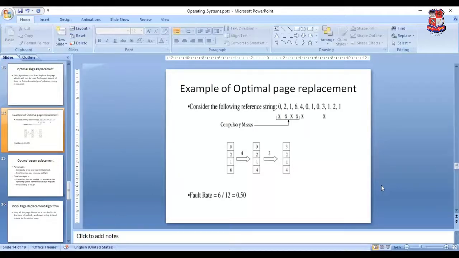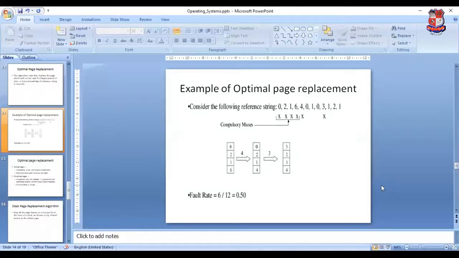First 4 is clear. Now request of 4. Okay. So at which place we put the 4 here? So we first analyze the page frame. 0, 0 अभी यूज होने वाला है. 2 बहुत लास्ट में यूज होने वाला है. 1 भी 2 के बाद यूज होने वाला है. 6 की तो आगे कुछ रिक्वायरमेंट ही नहीं है, तो हम क्या करेंगे 6 की जगह पे 4 को रिप्लेस कर देंगे. तो रेफरेंस स्ट्रिंग क्या हो जाएगी 0 2 1 4.